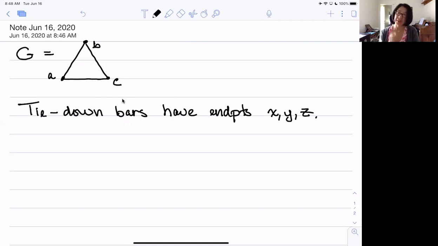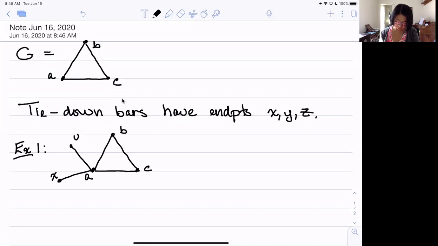So I want to show 2 different ways of distributing these 3 tie down bars. In the first example, I'm going to put the 2 tie down bars at one vertex and 1 tie down bar at another. Because of symmetry, there's really only one interesting way to do this. All the rest are the same. So maybe I'll put the X and Y tie down bars at A and the Z tie down bar at